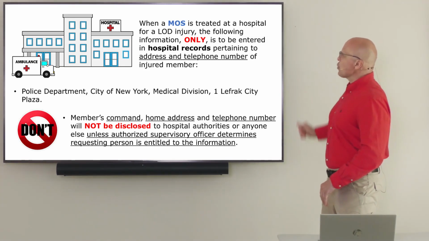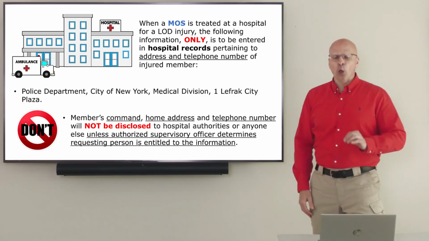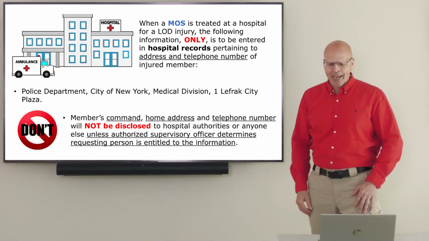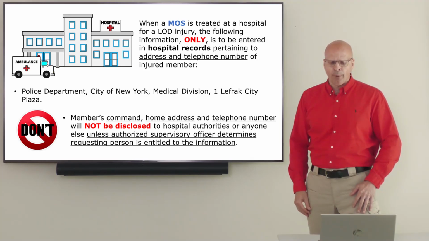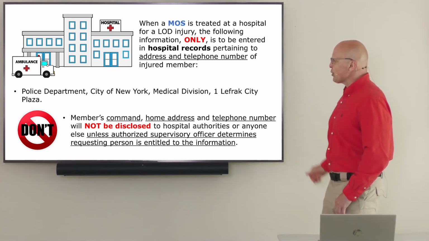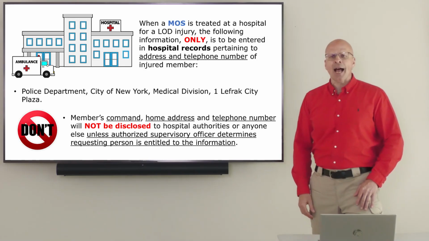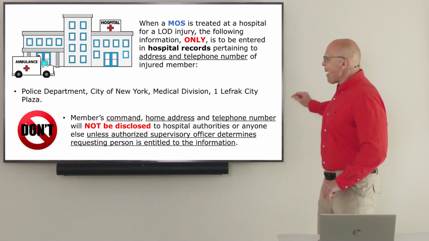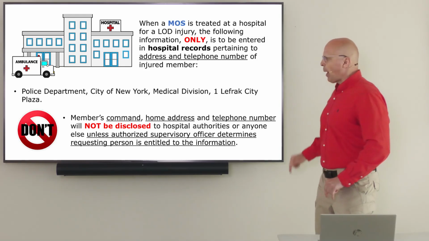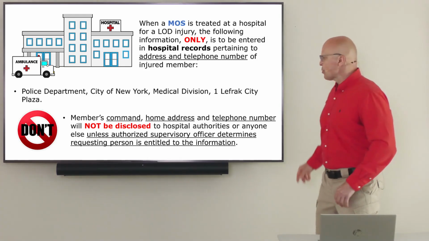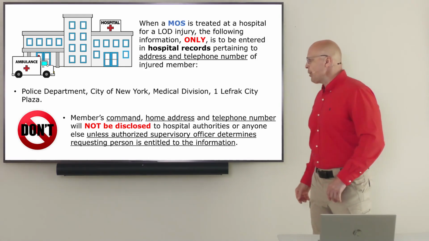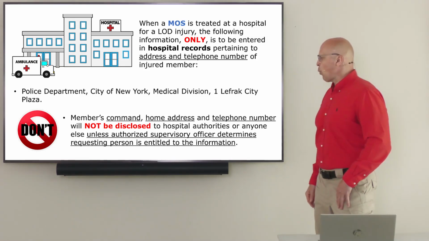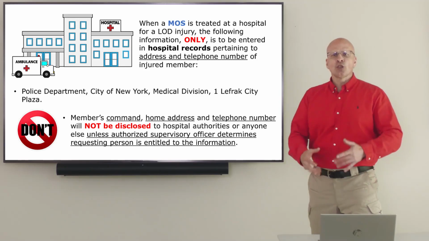First, when a member of service is treated at a hospital for a line of duty injury, the following information only is to be entered in the hospital records pertaining to the address and telephone number of the injured member: Police Department, City of New York, Medical Division 1, Lefrak City Plaza, and you're going to give the medical division's phone number. The member's command, home address, and telephone number will not be disclosed to hospital authority or anyone else unless authorized, or the supervisory officer determines the requesting person is entitled to the information. The general rule is